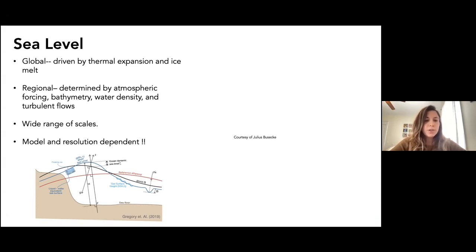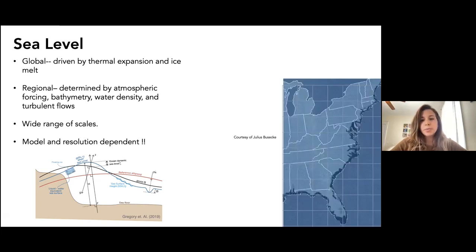And of course, turbulent flows such as wind-driven circulations, as well as mesoscale eddies, and other types of flows that may affect stratification, for instance, on a smaller scale. So this is a very complex picture. And as we know,